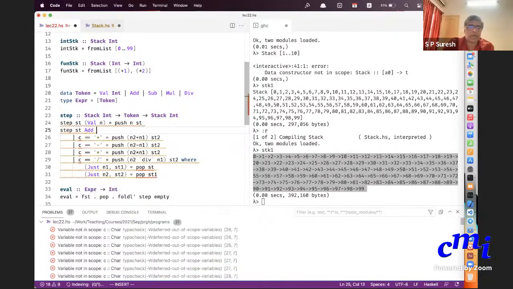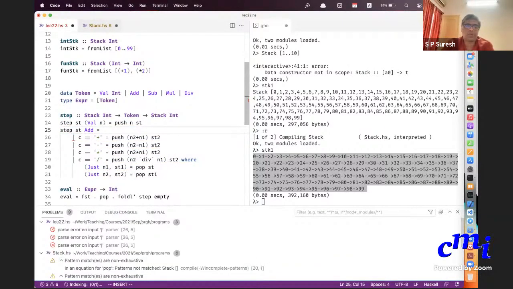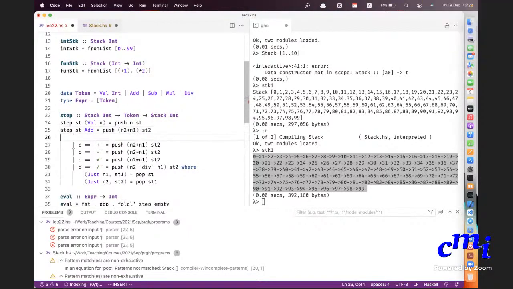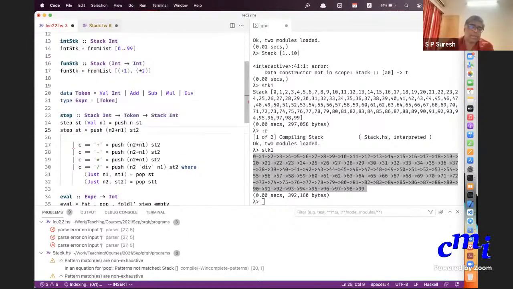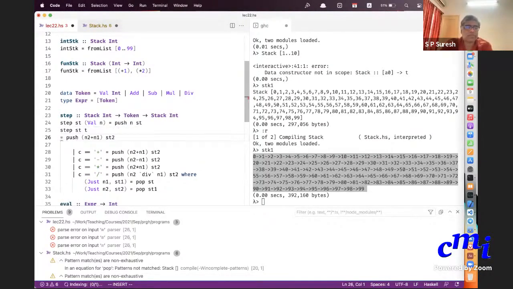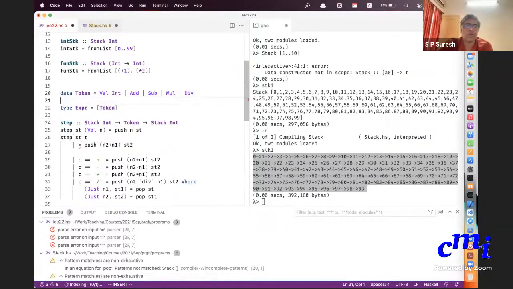For step add, I should do this whole thing. See the point? But for every definition, I need to now do... No, I can actually do this. Okay, so type expression data deriving Eq, let me say.